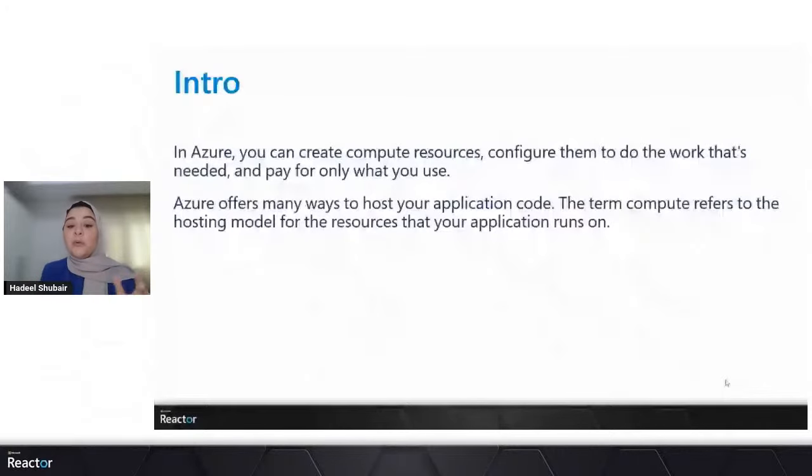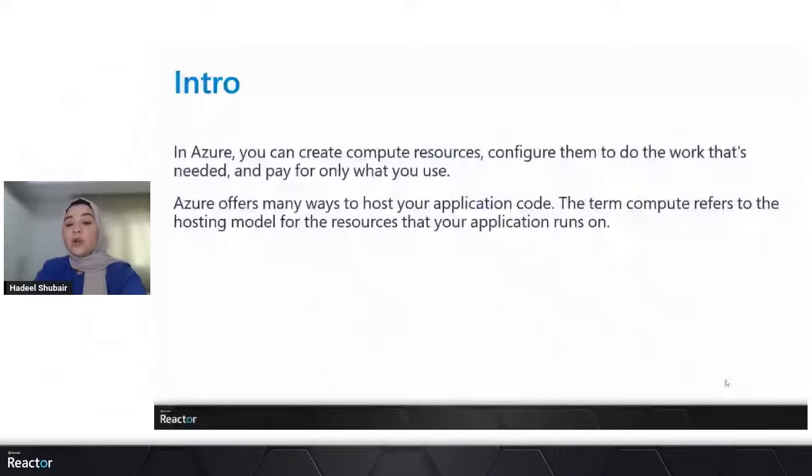Ideally, you would obtain the resources you need to do the work without too much administration, and you simply configure them to do the work. And you would pay only for the services or compute resources that you need while you're using them. This is exactly the scenario and what you can do in Microsoft Azure. We can create compute resources, configure them to do the work that's needed, and follow a pay as we go model. So you pay only for what you actually need and what you actually use. This is an introduction to the world of Microsoft Azure Compute and how these scenarios play around this term.